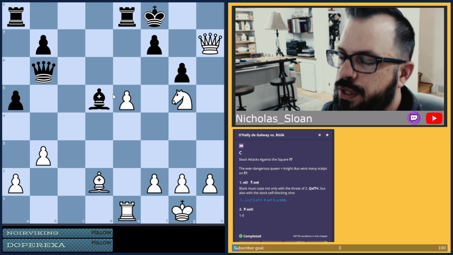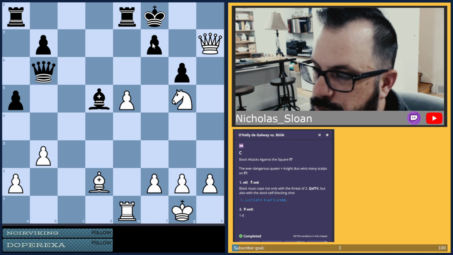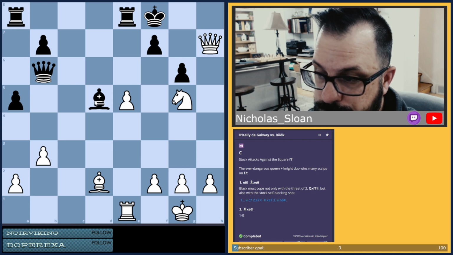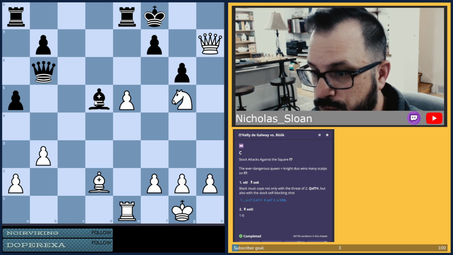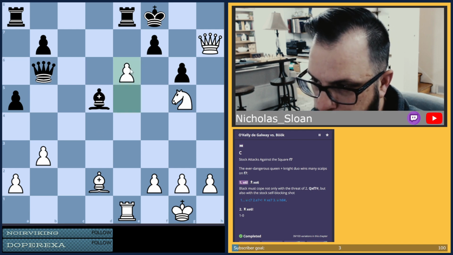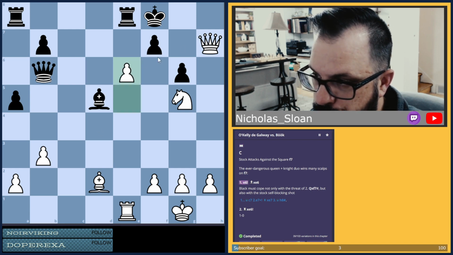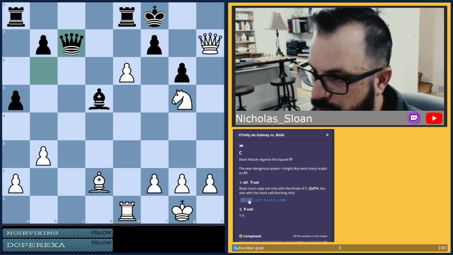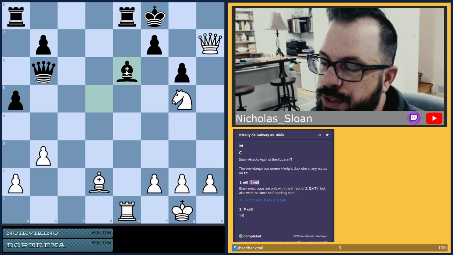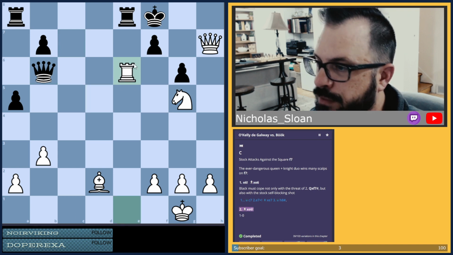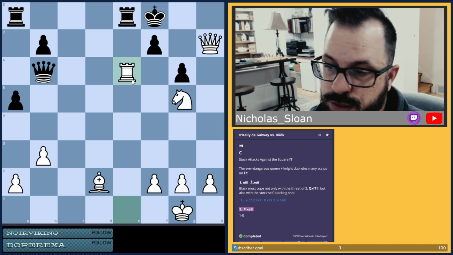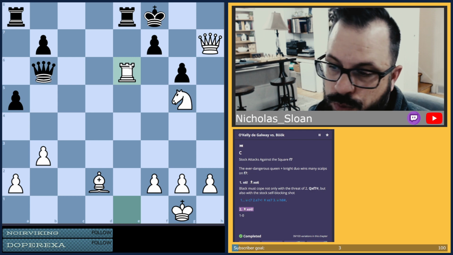Okay, so for those of you that are missing it, the idea is you got to remove the defender of f7, and the defender is this bishop on d5. So if we push the pawn, the only way to come back, if the pawn moves, pawn takes, then queen just takes. Okay. Oh, there's also this other line here which we can explore. But the bishop takes, and then we just get rid of it. So, and then it's game over. So if he takes, we take, and if he takes with the queen, then we take with the knight, and we won.